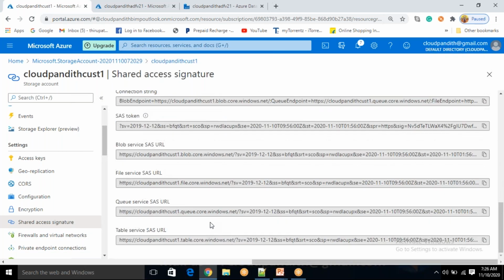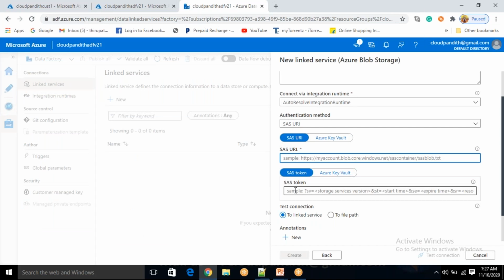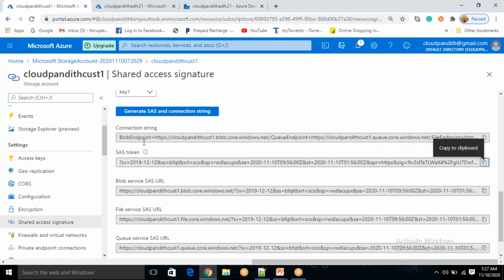See, it has generated everything. Now what you need to do is take this URL, the blob service SAS URL. You can take these or this, everything is the same. From here to here you can collect. First you take the SAS token. SAS token is direct, okay, copy it and come here, paste the SAS token. Next, come here, you see here, this is my storage, right?